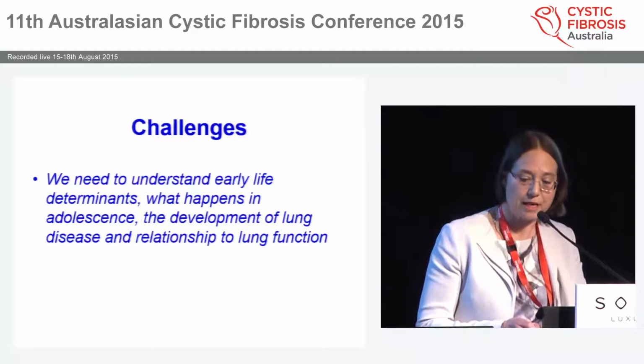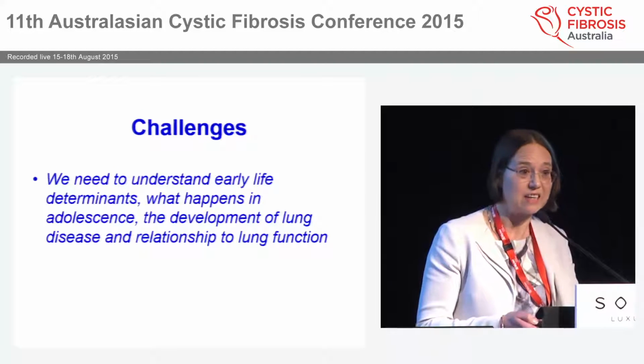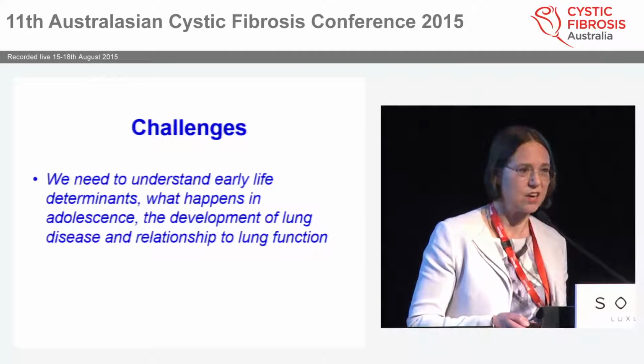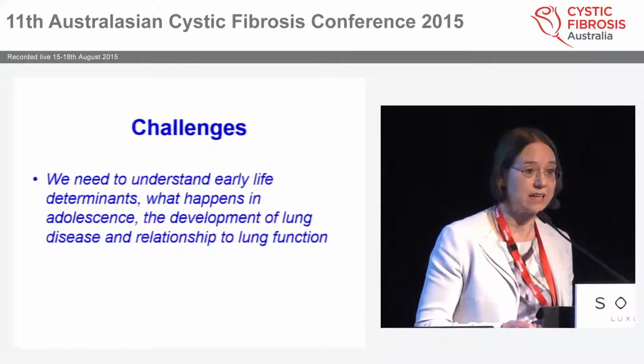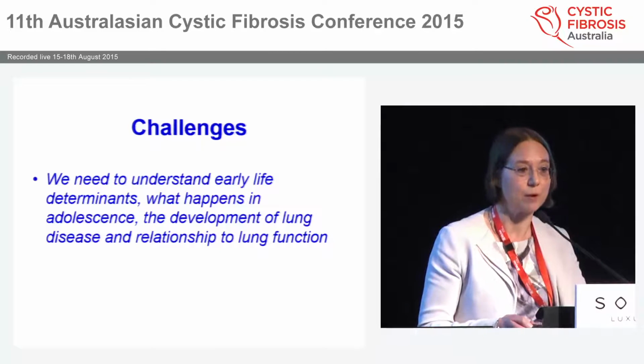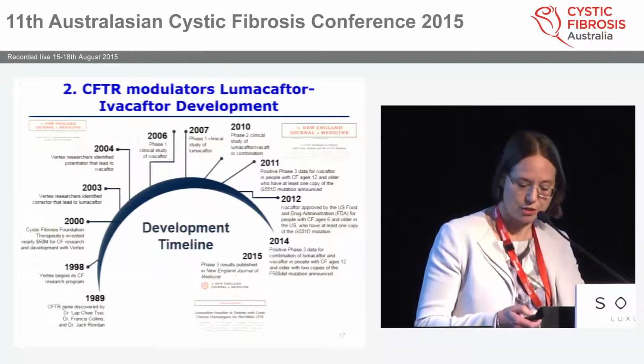So our challenges here, we need to understand early life determinants, but we also need to understand what happens in adolescence. We need to understand the development of lung disease. We actually still don't really understand that. And we need to understand the relationship with the outcome measures that we're taking. So we've been through that, so I'm going to skip that and just go straight on